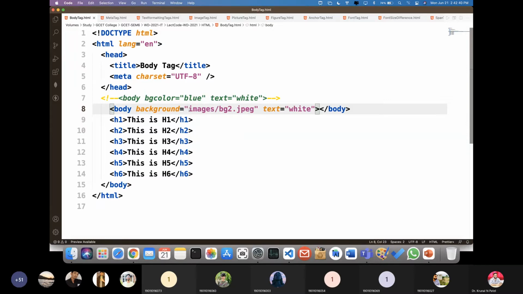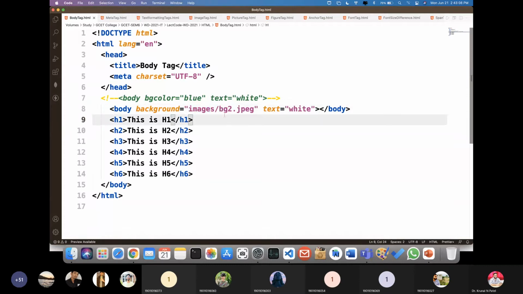Now suppose I am working in this folder and my image is in the E drive or D drive. Then you have to provide the fully qualified path for that. Are we clear, guys? You have to remember that. But right now I am in the current folder, in my current folder I have created an images folder, and after that I have this particular image in that folder.